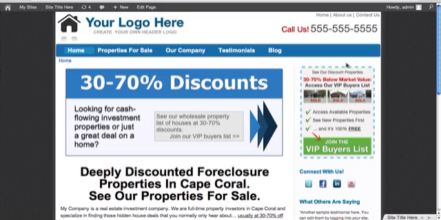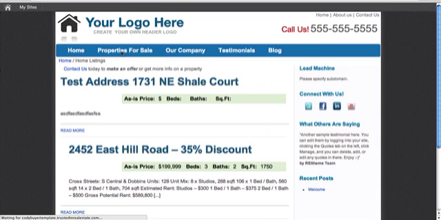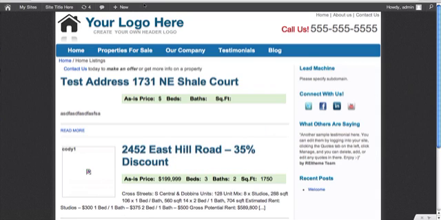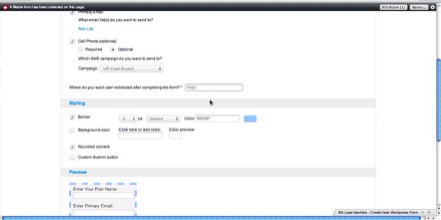Hey, thanks for joining our buyers list. Or what a lot of people do is direct them straight to your properties for sale area. So all you'll do is take your domain name, whatever your domain name is. This is ours right here. Then it's /property. Let's go ahead and type that in there: yourdomain.com/property. If you want to just drop them off on the properties tab where they can look at properties,